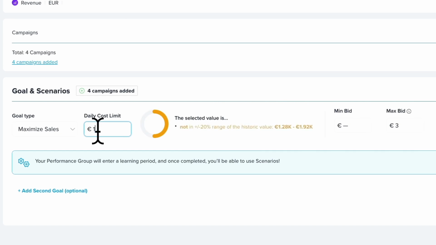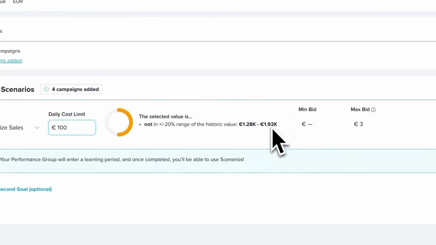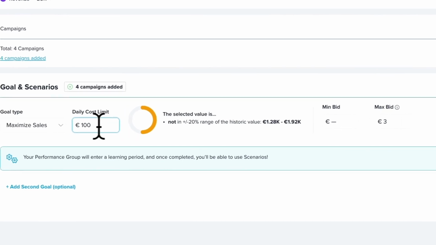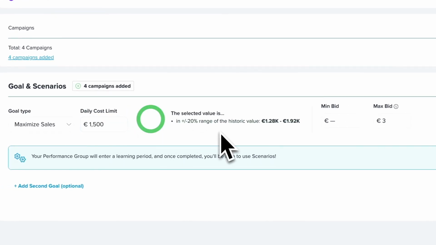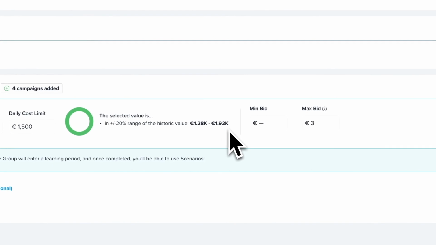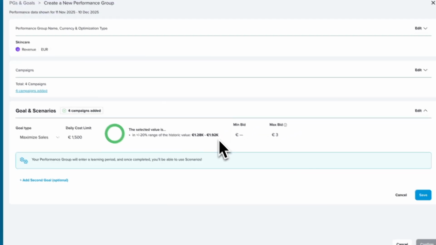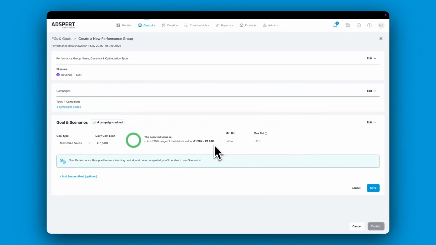A good rule of thumb is to avoid changing your goal value by more than 20% at a time. For example, if you want a 40% improvement, rather adjust it in 2 steps. First, aim for 20% change and wait until the goal is reached, and only then adjust it for the additional 20%. This helps the AI stay aligned with your campaign's real-world performance and leads to more stable, reliable results over